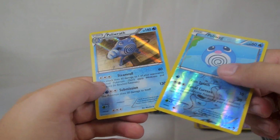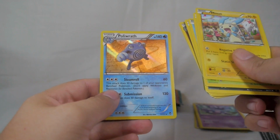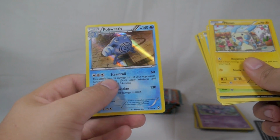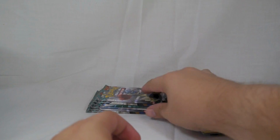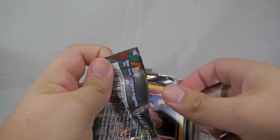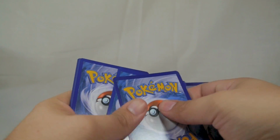So our first holo of this box. Poliwrath is really cool. It works nicely in tandem with Politoed, which has an ability that lets all of the other Polys attack for minus their colorless cost. So Steamroll would actually cost no energy to use, which is actually pretty incredible. Unfortunately, it's rather difficult to get set up, so it doesn't have quite the potential that it could if we had Ricani or something like that. So it's a little bit of a shame, but it's all right. If you get enough Ricanis going, I guess it'll work. But